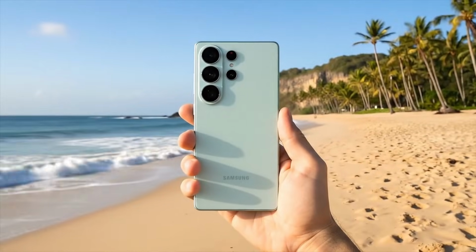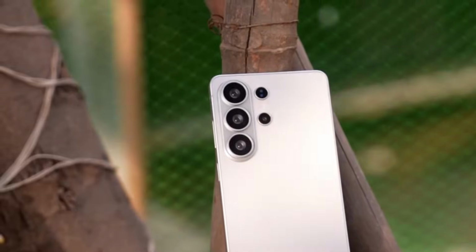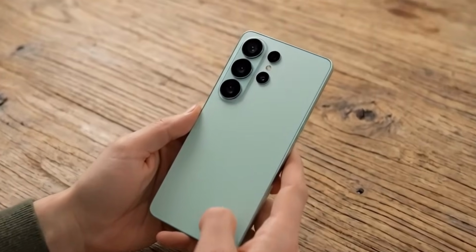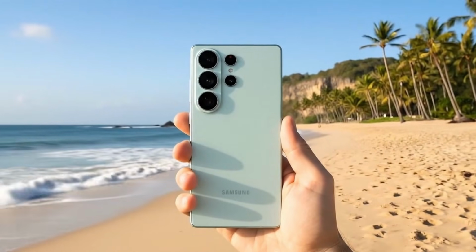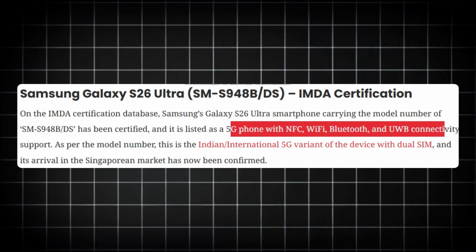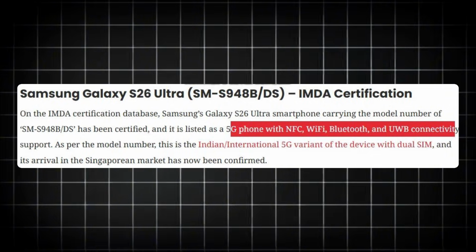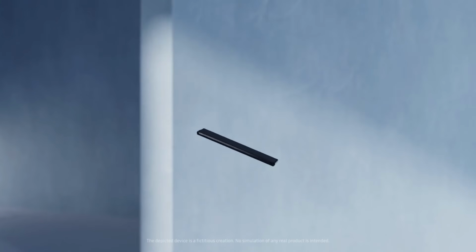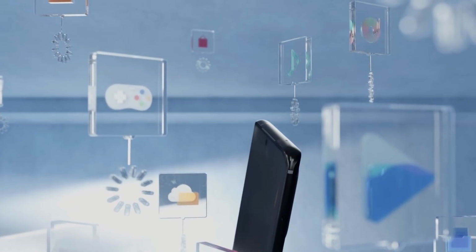A fresh leak has surfaced, and this time it confirms that the Samsung Galaxy S26 Ultra has officially cleared Singapore's IMDA certification, a key step that signals its launch plans for Southeast Asia are moving right on schedule. According to the listing, the Galaxy S26 Ultra comes fully equipped with 5G connectivity, alongside essential hardware like Wi-Fi, Bluetooth, NFC, and UWB. Together, these technologies power everything from high-speed internet access and seamless data transfers to secure payments and